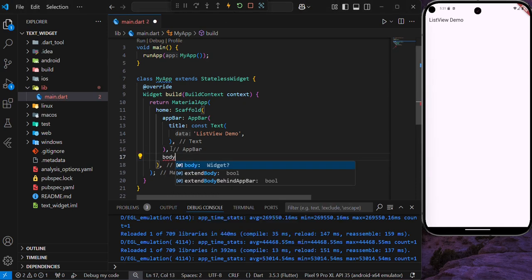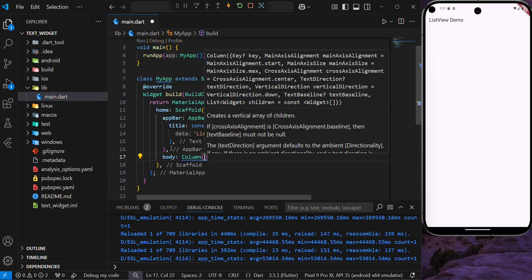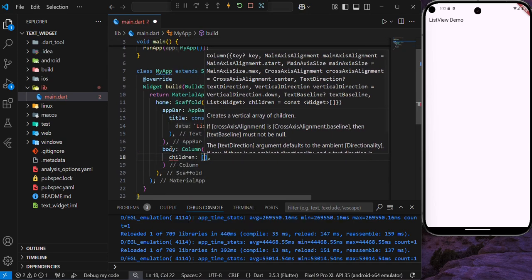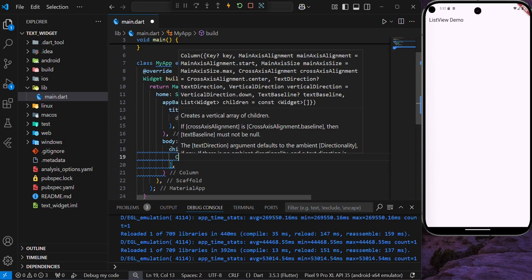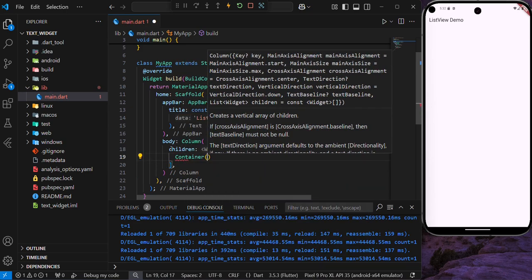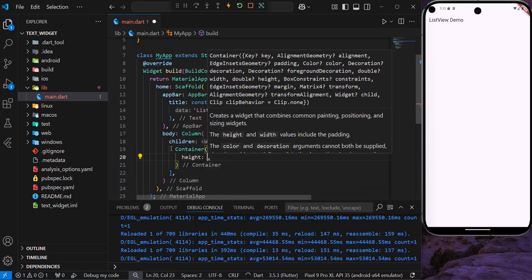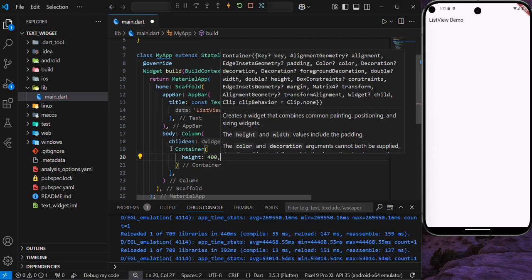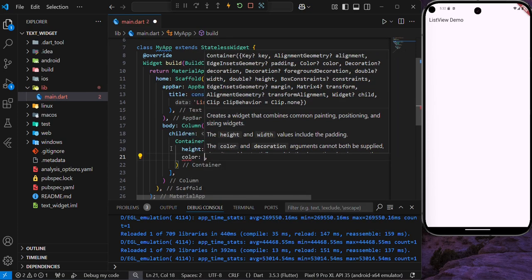So I have a body here, and I'm going to show you why ListView is used. Normally, when you want to have a list of children widgets, we use Column or Row. You can check my video on Column or Row to understand how they are used. So when you have your Column here, you have your children, and then you can list, let's say, Containers. We're creating a list of containers, and I'm going to make this 400 pixels, and I'm going to give it a color of